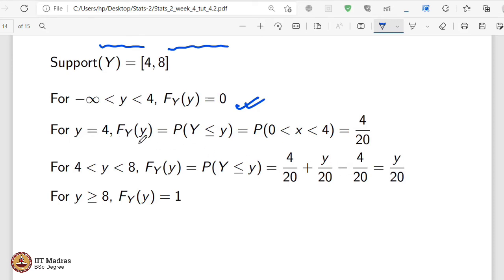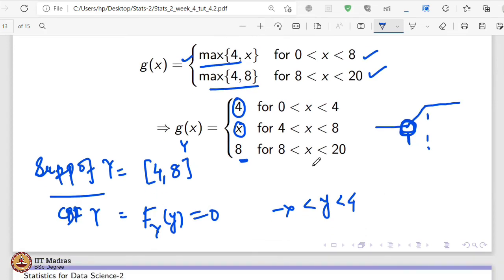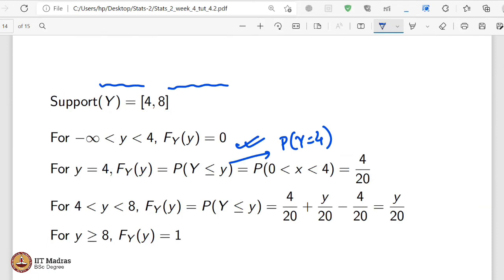so at y equals to 4, what you can do, see, till y less than equals to 4 means what? Less than equals to 4 means only at y equals to 4, that means probability at y equals to 4 only, right? So when is that y equals to 4? For what condition y generally equals to 4, right? So y equals to 4 when x is from 0 to 4, right? That means probability of that x from 0 to 4,